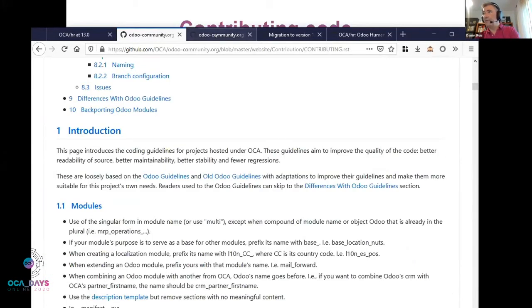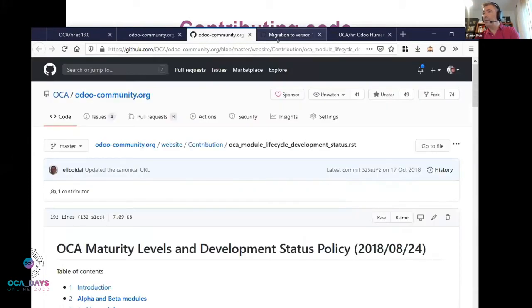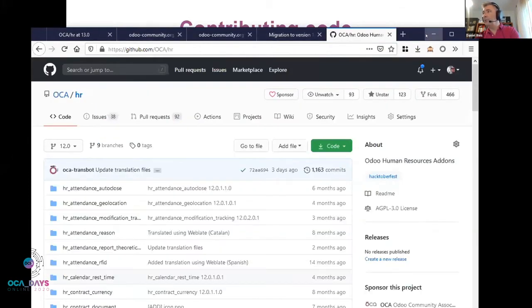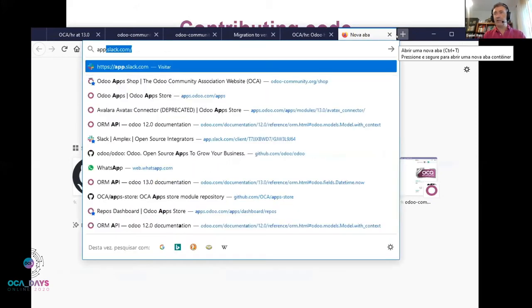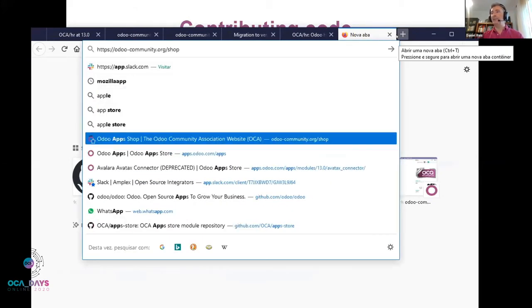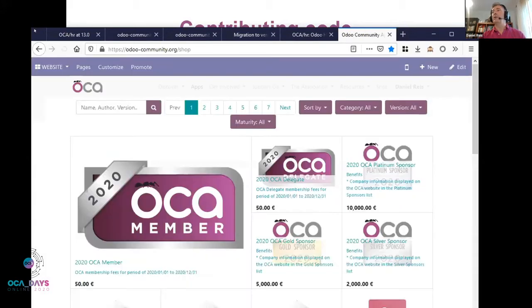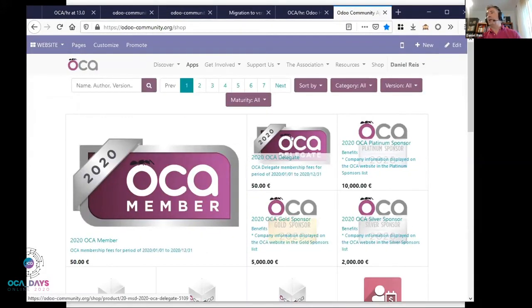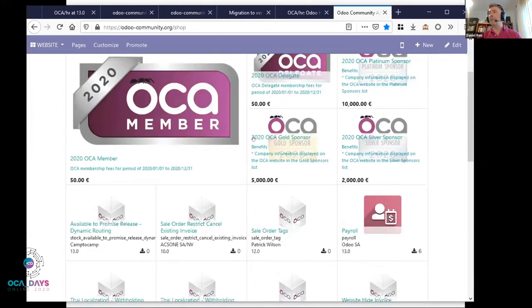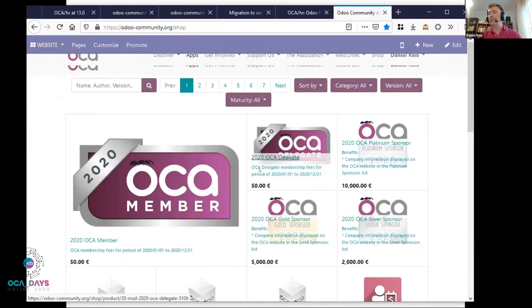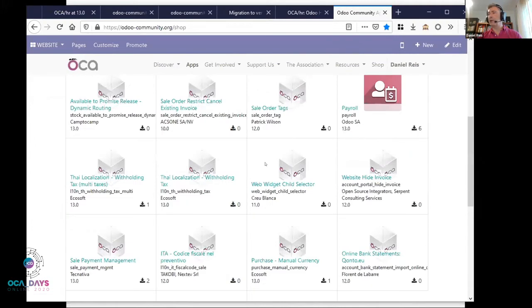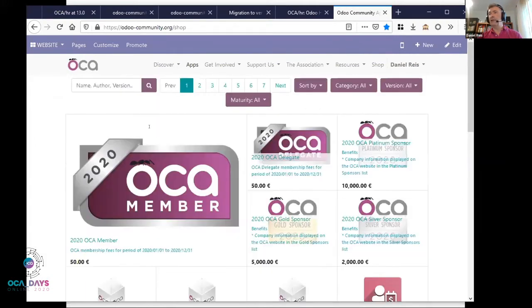So I believe I have this opened here. I don't. So let me. I actually have here a favorite already. So this is the app shop. So okay, there's also here the membership buy. You can buy memberships, but the main thing is all the modules are here. So if I need something for the first name,